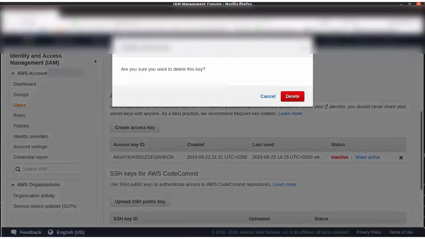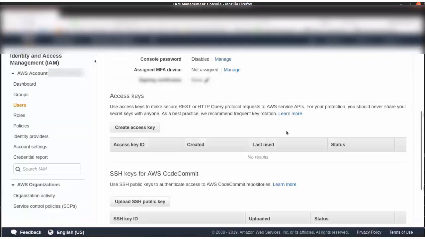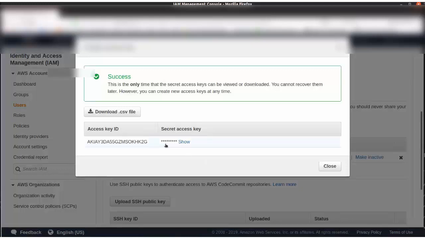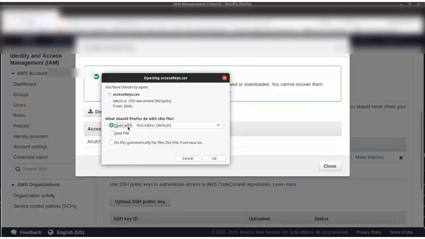Let's rotate the credentials, so we delete the existing credentials. Now we create new credentials. This is a one-off operation. So we download the CSV file, but open in a text editor, so we're not going to save them to